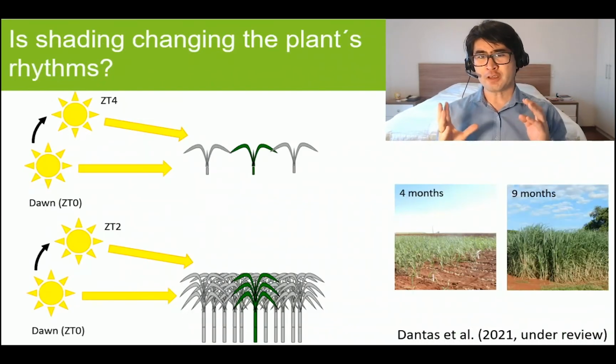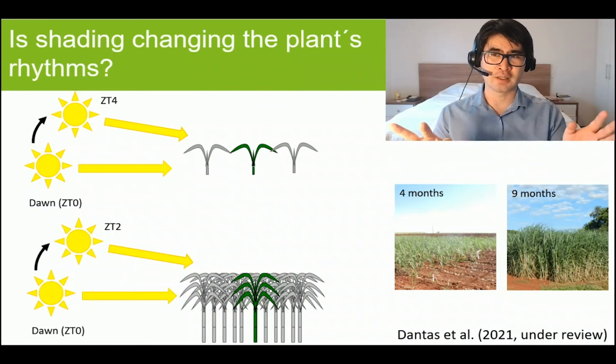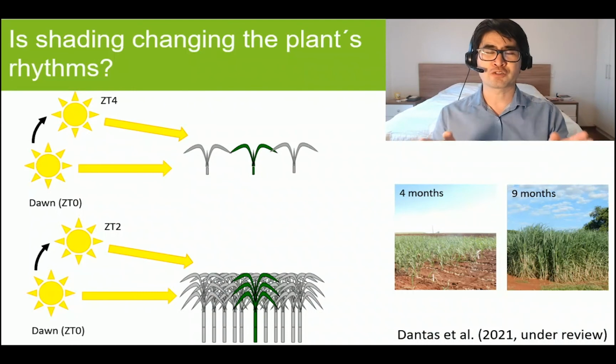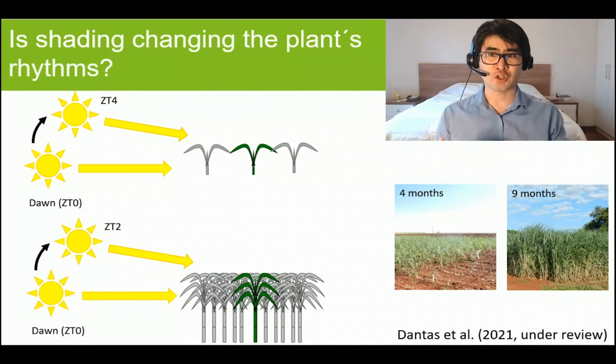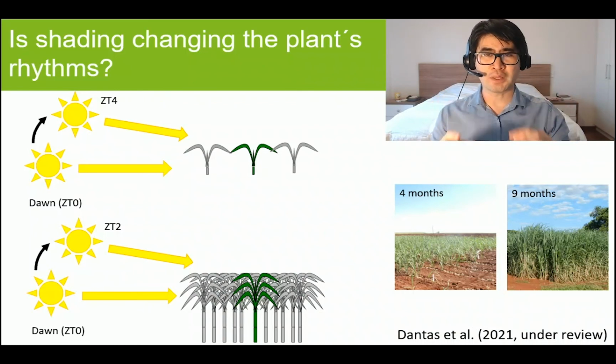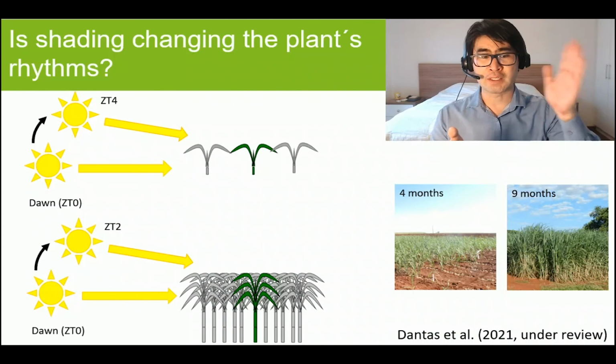So we hypothesized that what's making those peaks happening later is that 9 months old plants, they are being shaded by each other, and what's actually happening is that those plants are detecting dawn later. So that's why LHY, which is effectively a marker of dawn for the plants, is peaking much later in the